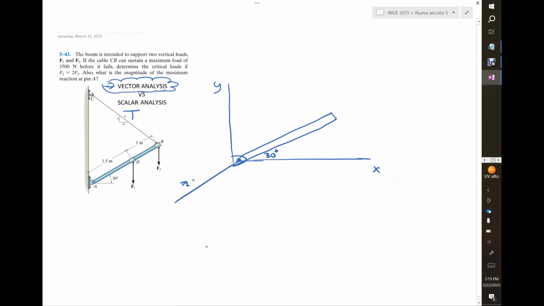The Y axis in vector analysis is associated with J, the X axis is associated with I, and whatever happens on the Z axis is associated with K. And this bar, what the problem says, has one force here and another force here at some distance: from here to here is about 1.5 meter, and from here to here is about 1 meter. And there is a tension T here, and actually let me redraw